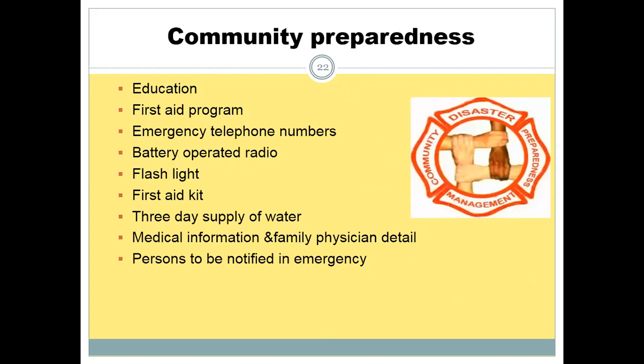Community preparedness: as I'm saying again and again, education is a must. First aid program education is a must. They should know how to operate things like battery-operated radios, flashlights, first aid kits. They should have that and keep that. Supply of food and water for at least 3 days. Basic medical information should be there. Any next of kin in case of any emergency should be there,